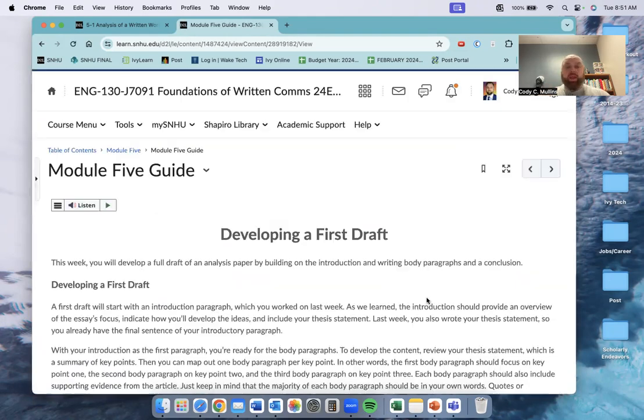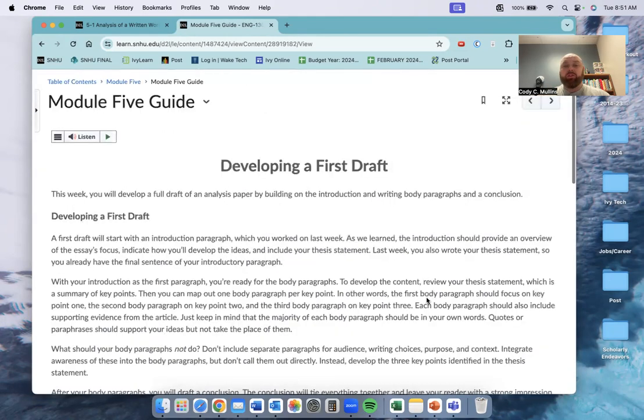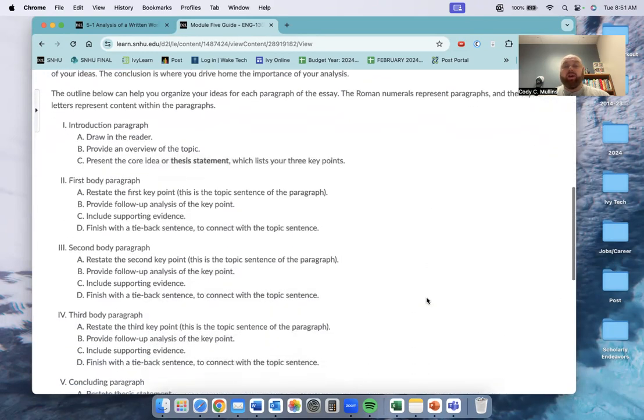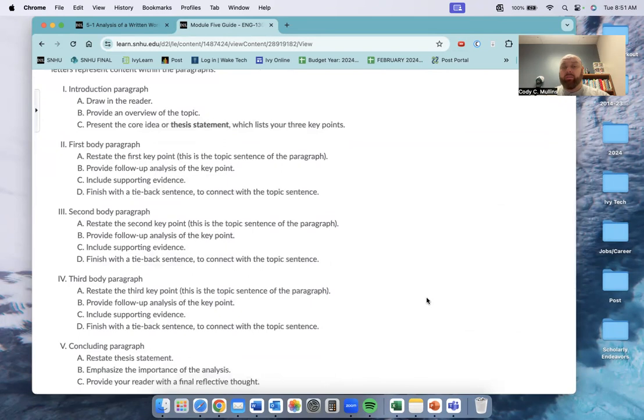So very basically, the first page in the Module 5 guide provides an outline of how your essay might look. Last week in Module 4, you worked on crafting a thesis statement and leading into an introductory paragraph. We're building upon that as we analyze your article.